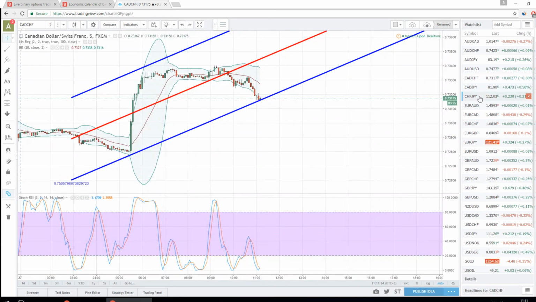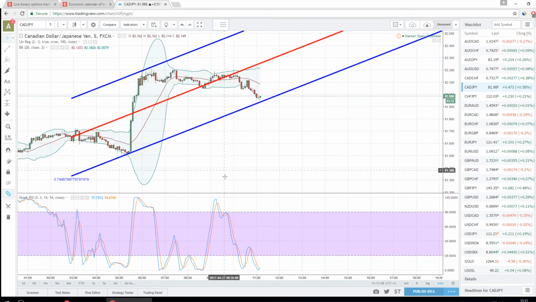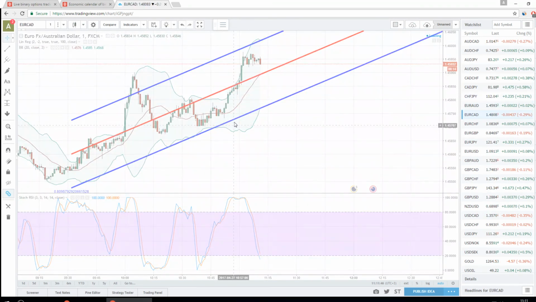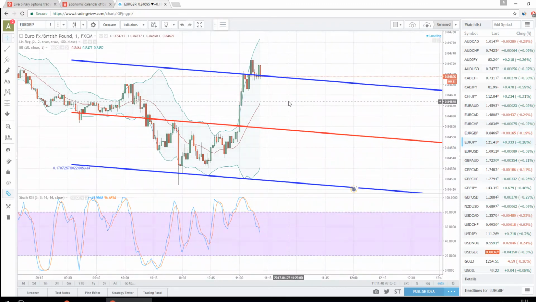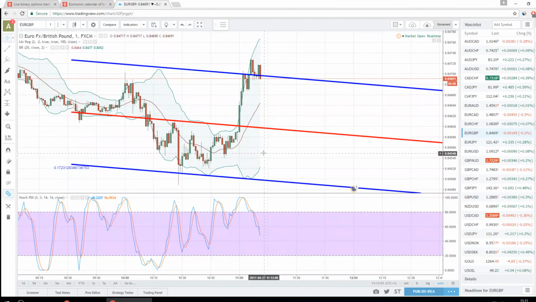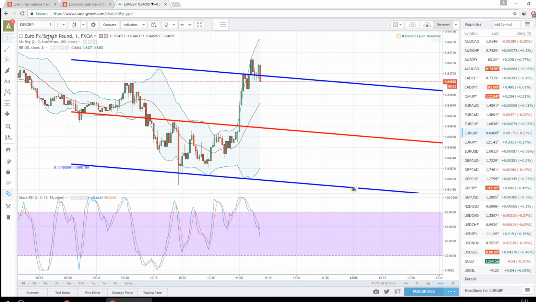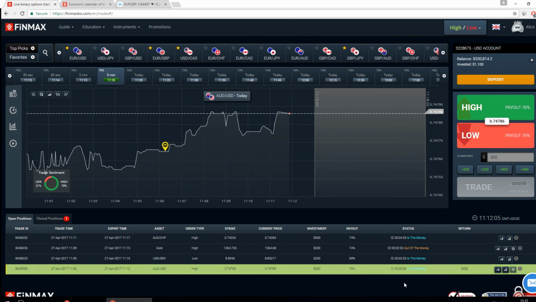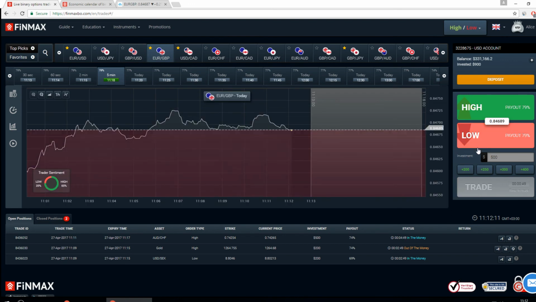Well, there is a significant probability for the short growth of Canadian dollar that will occur within several minutes. But I'm not that certain, so I will omit that trade because the system doesn't prove to me that strongly that it will go up. And here I also see a probability for euro British pound. Okay, this trade expired in the money. Euro British pound, I will enter for high for 1 minute.